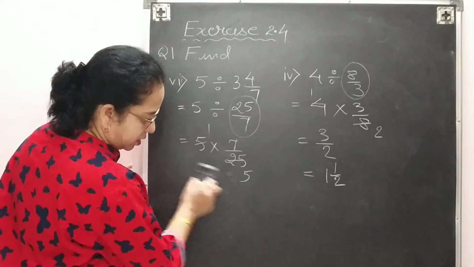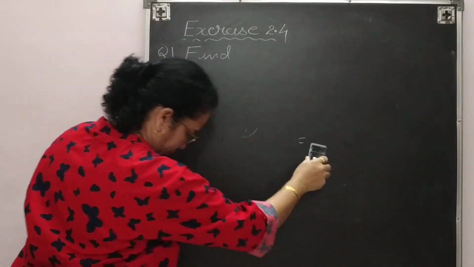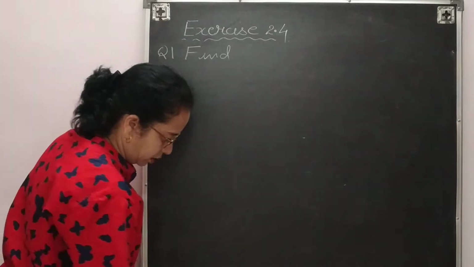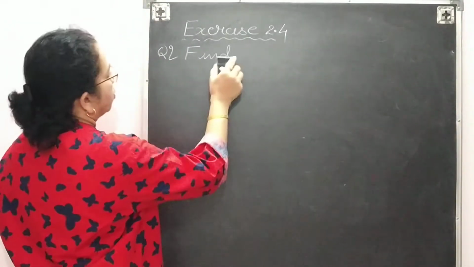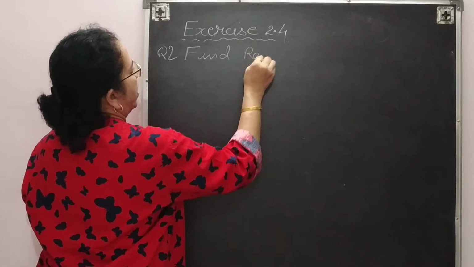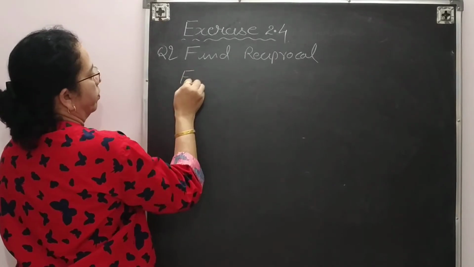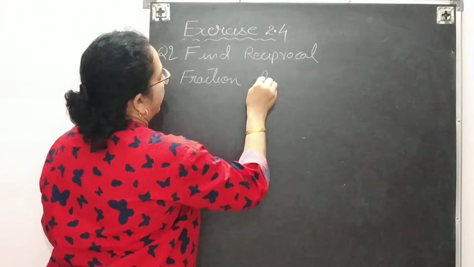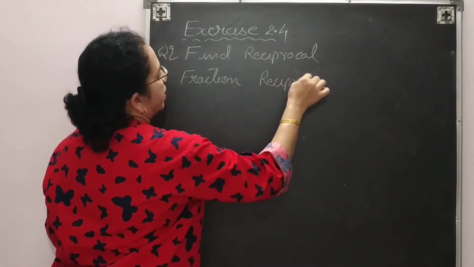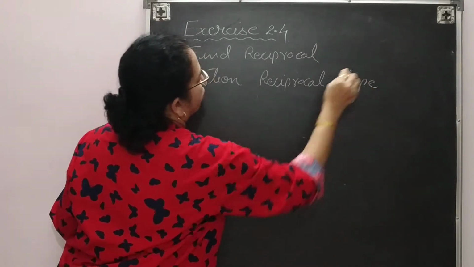Okay. So next question is now 8-1. Not 8. I think question number 2 now. What is question number 2? Find the reciprocal. To save the time, I am making here some columns. So first one will be the fraction, whatever fraction is given in the question, and then we will do reciprocal of that, and at the same time you are supposed to write down the type of the fraction.